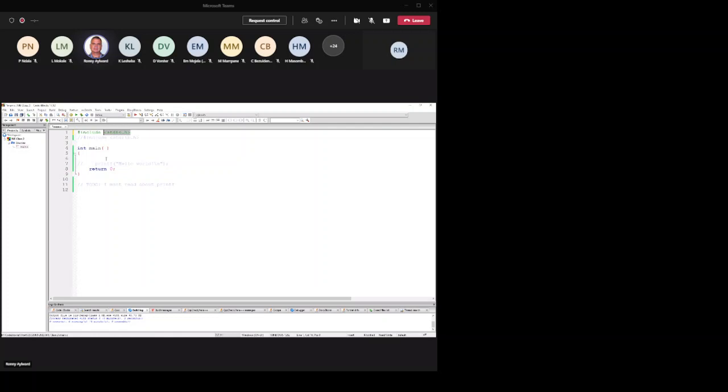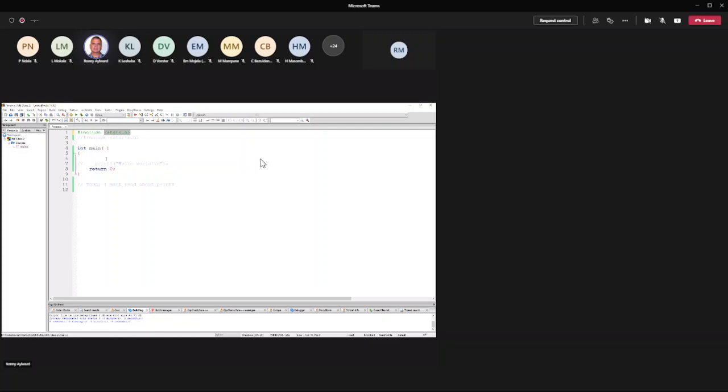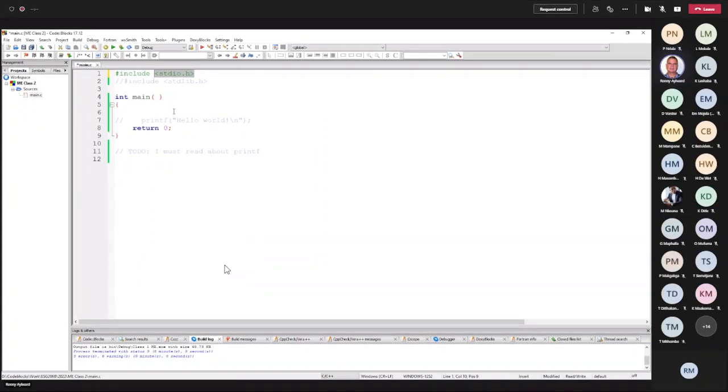Okay, so where does it live? How do I get to it? Can I see what's inside? Yeah, sure. We can see what's inside. So first of all, you'll see that these smaller-than, greater-than brackets are used. That says to the compiler, search for this in the path to where this thing was installed.